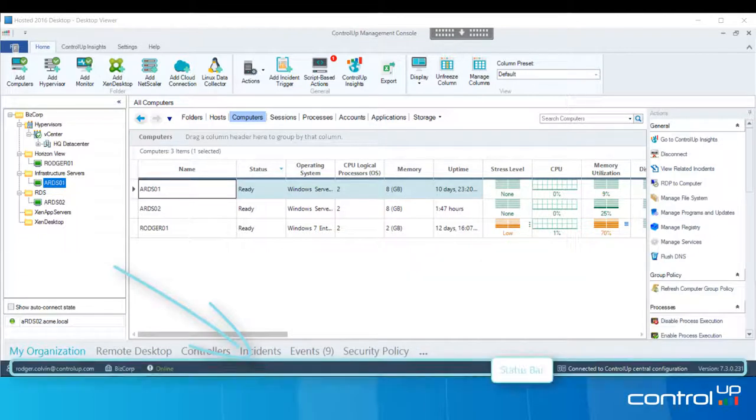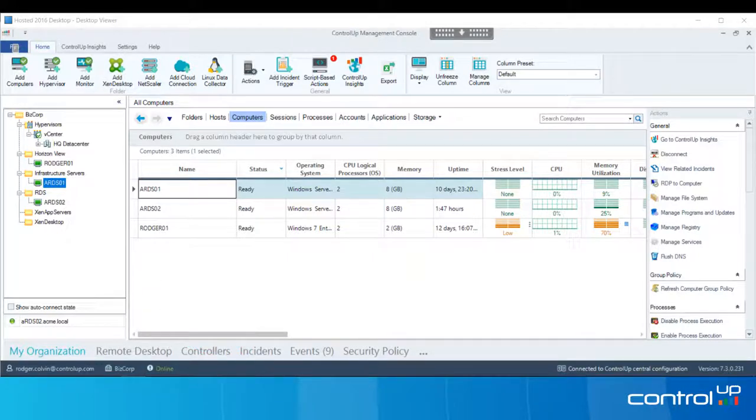The status bar displays the information regarding your current ControlUp session. This includes information like your ControlUp username, whether or not you're using the cloud version of the software or the on-prem version of the software, and other things like the version number of the console. So now you have an overview of the